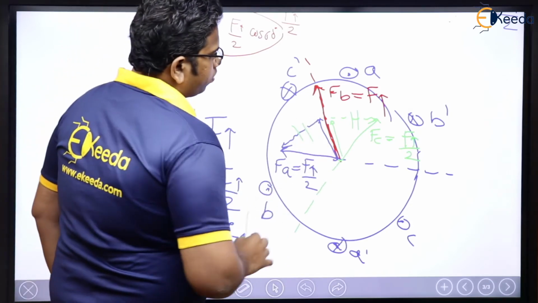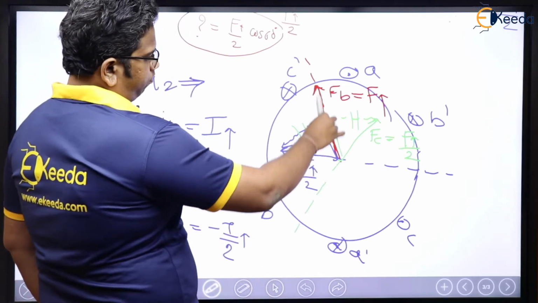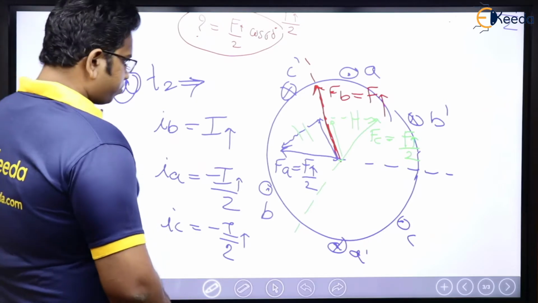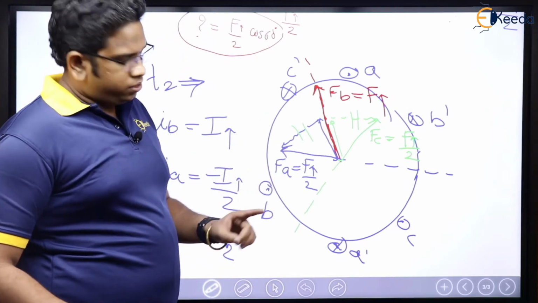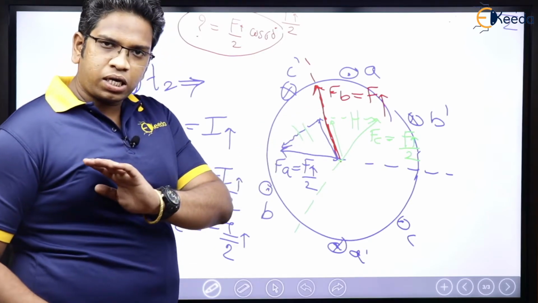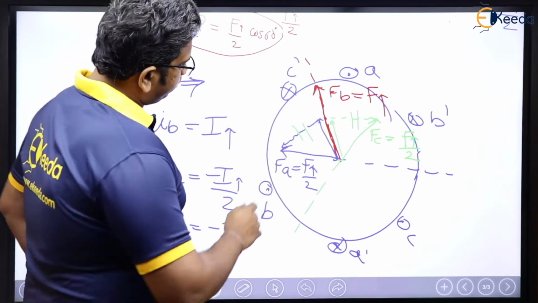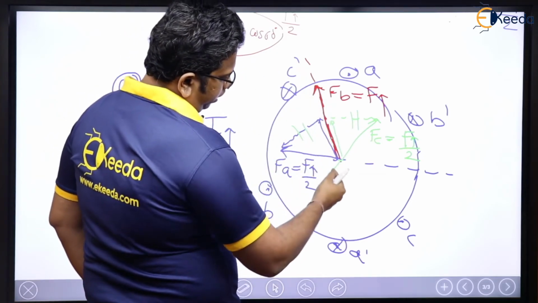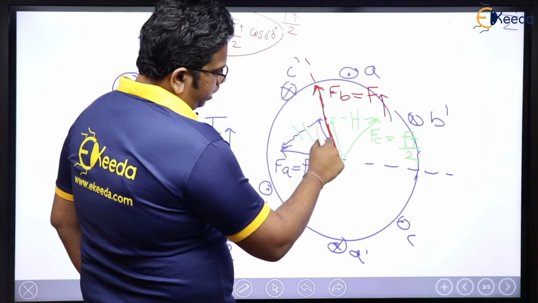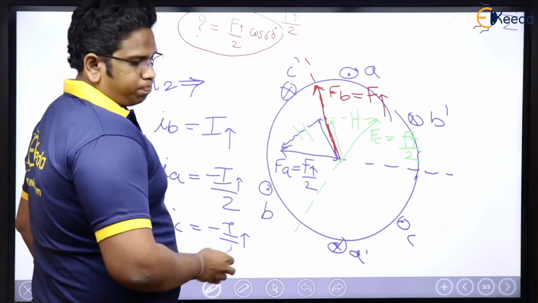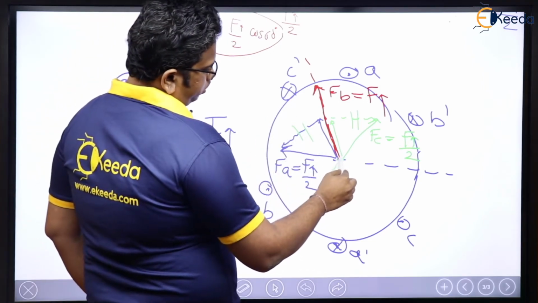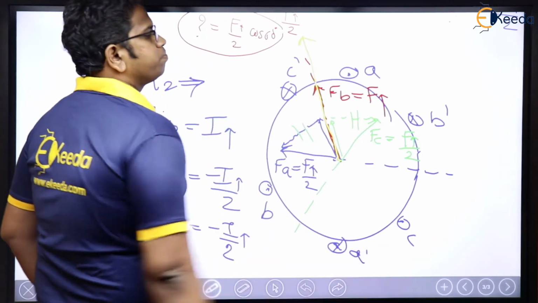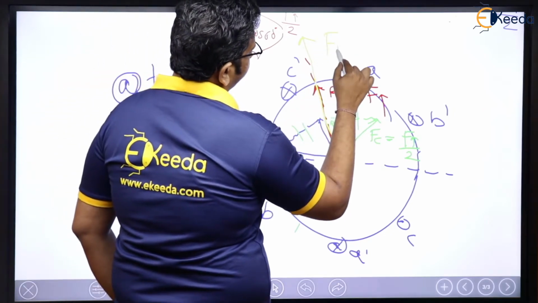Now, what will be the resultant? The resultant will be F max plus these some values. What are these? Let us see. Since these vertical components are cancelled, what is going to happen? This particular resultant will be F maximum of red plus the blue component and green component. So the resultant is somewhere here. This is going to be the resultant FR.